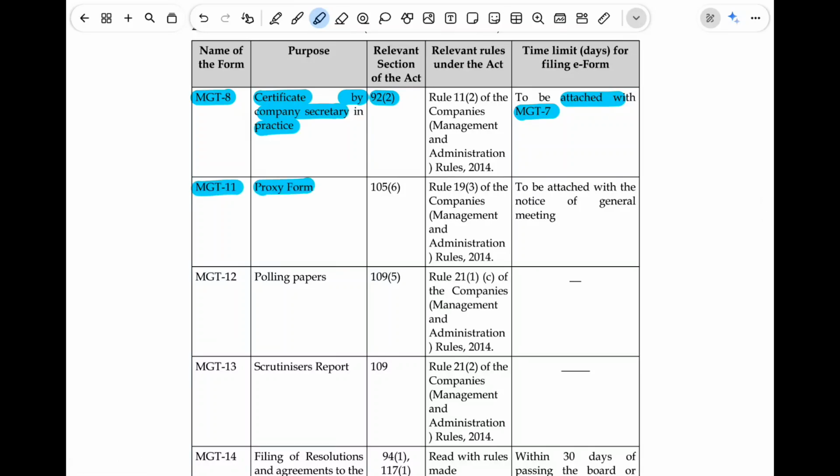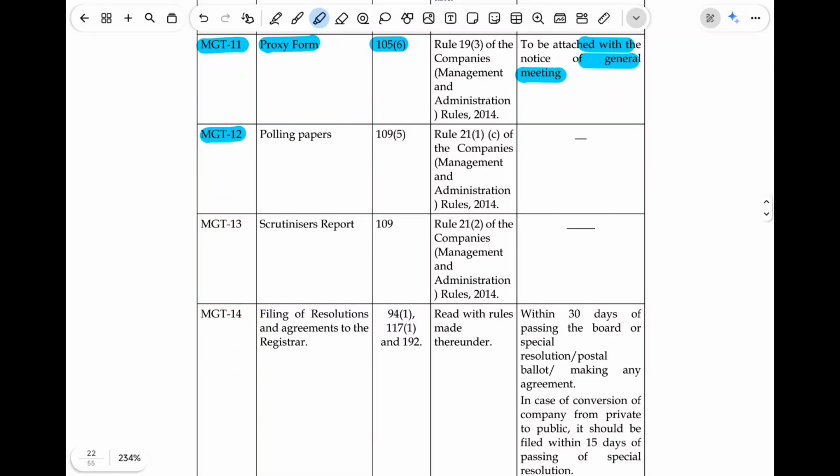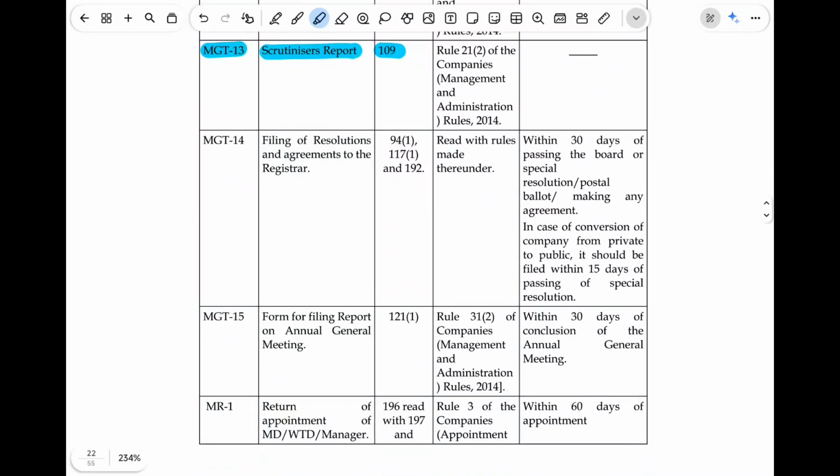MGT 11, proxy form, section 105 subsection 6, to be attached with the notice of general meeting. MGT 12 is polling papers, section 109 subsection 5. MGT 13 is the scrutinizer's report, section 109. MGT 14 is filing of resolutions and agreements with the registrar, section 94 subsection 1, section 117 and section 192